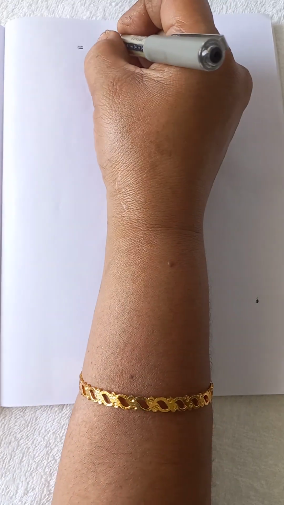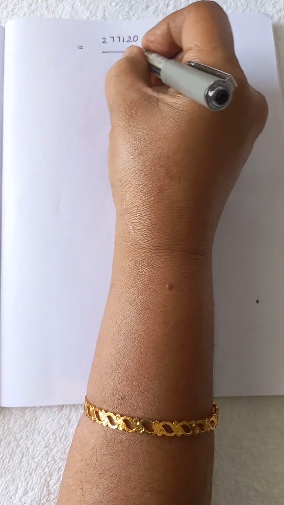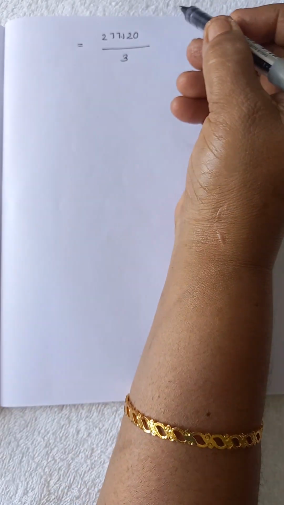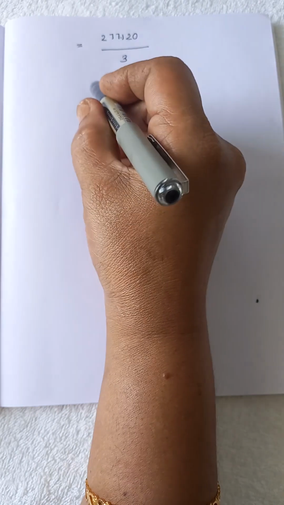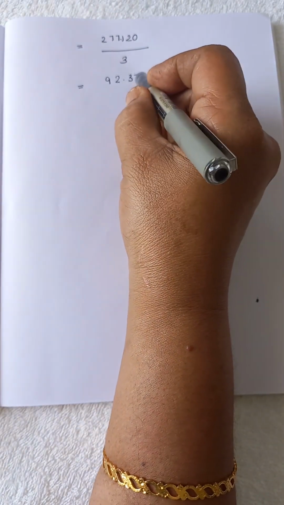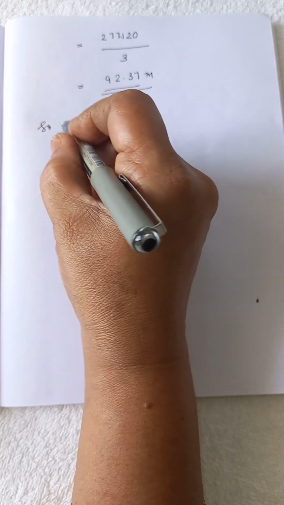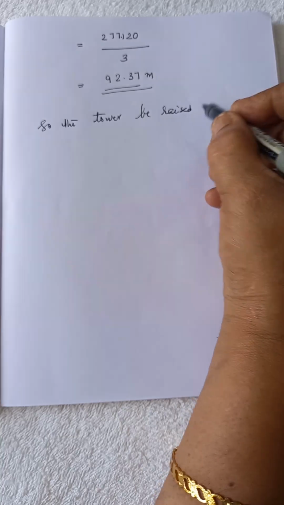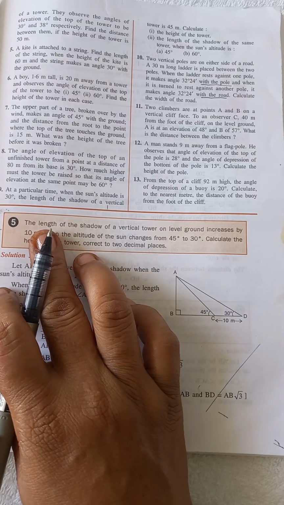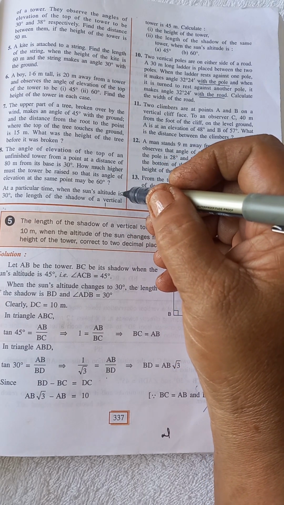So that is equal to 277,120 by 3. Here we can place the decimal point here, 3 places. So that is equal to 92.37 meters. So we can write, the tower be raised by 92.37 meters. The ninth question is, at a particular time when sun's altitude is 30 degree, the length of the